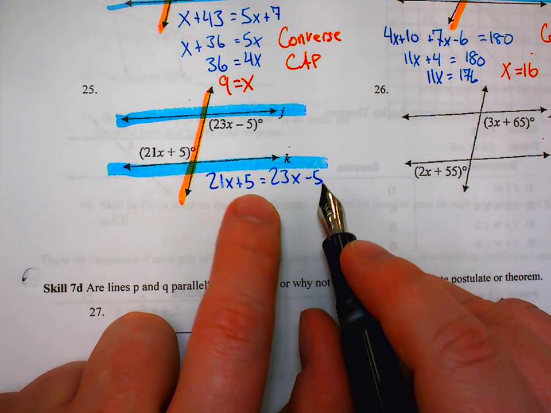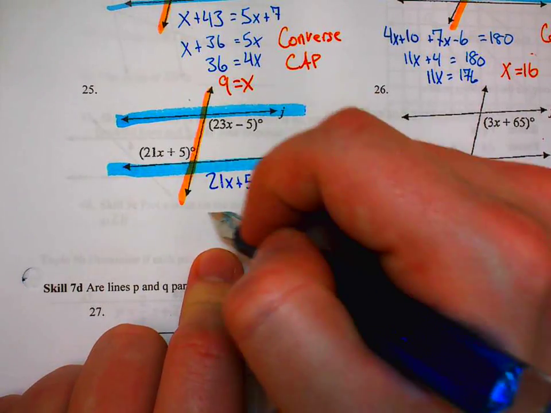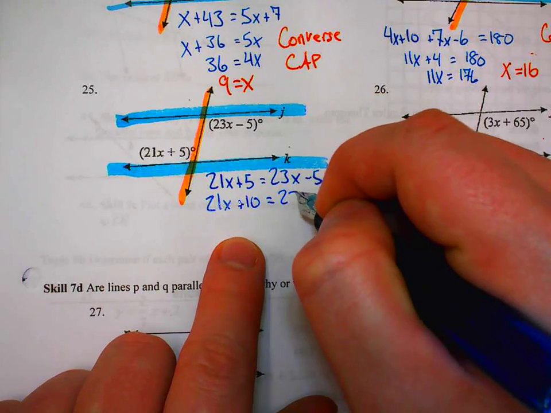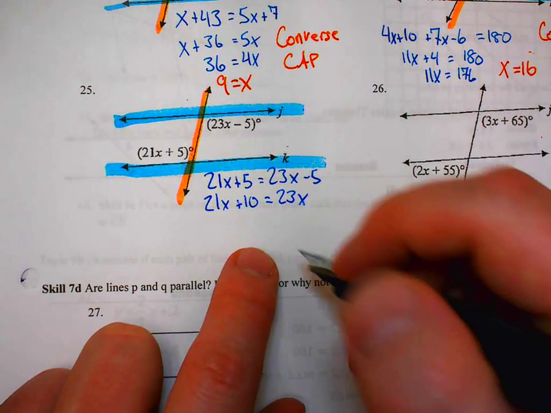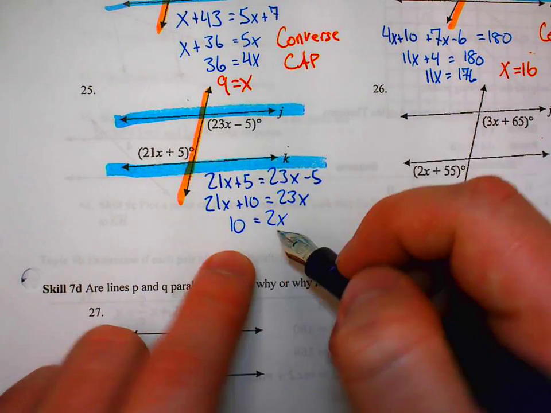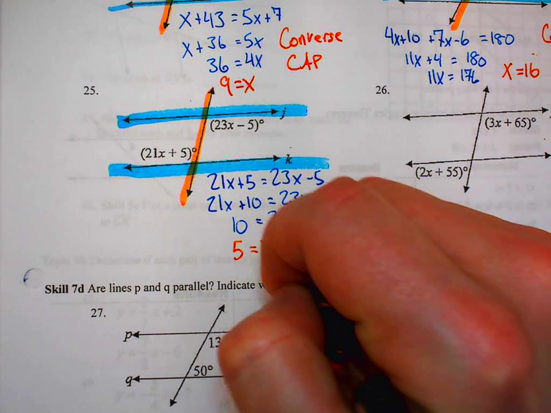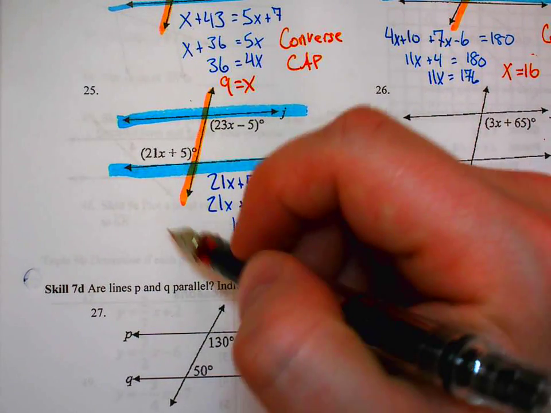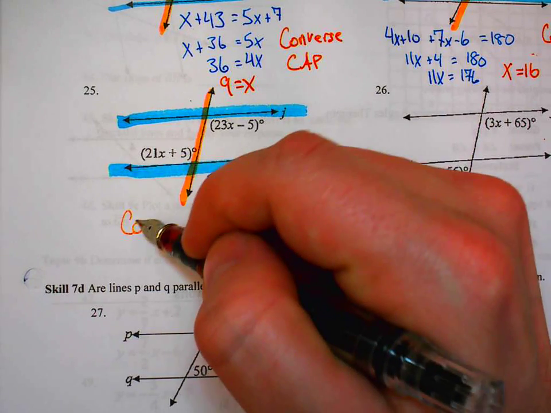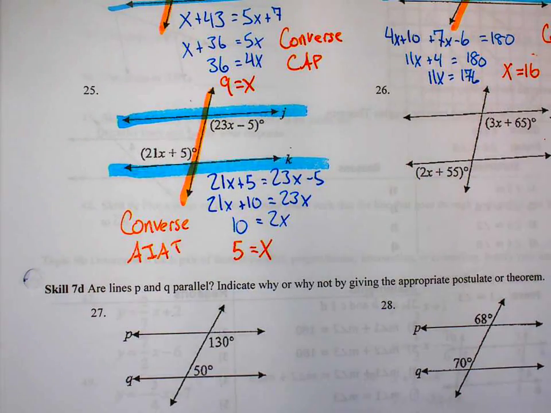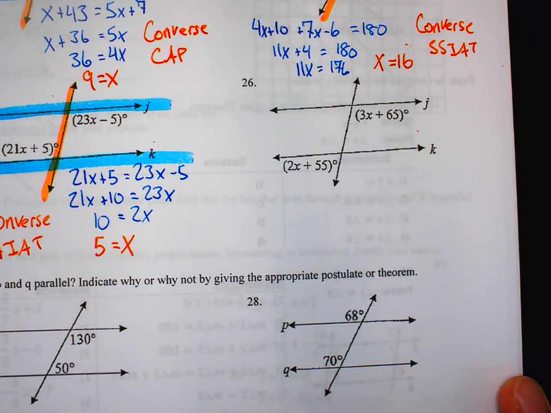We'll start by trying to get the x's by themselves, so I'm going to add this 5 to both sides. And then subtract the 21x from both sides in order to bring those together. 23 minus 21 would be 2. Divide both, and that's going to give me x equals 5. For my justification, I established that these were alternate interiors, so I'm going to use converse. Because again, I'm showing that the lines are parallel. For number 26,